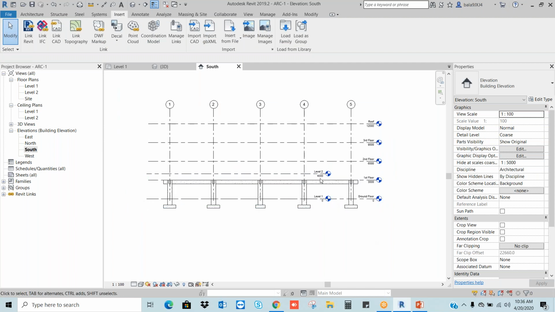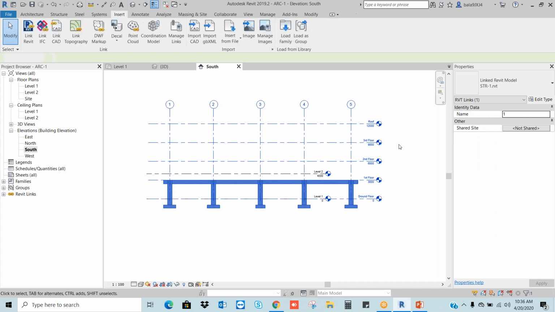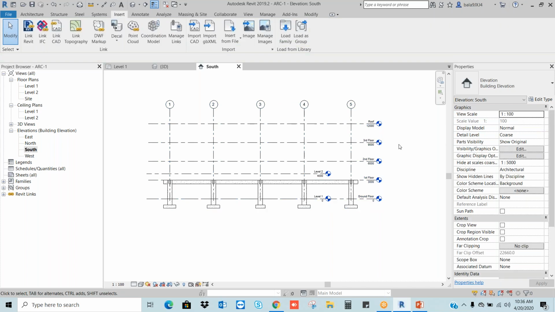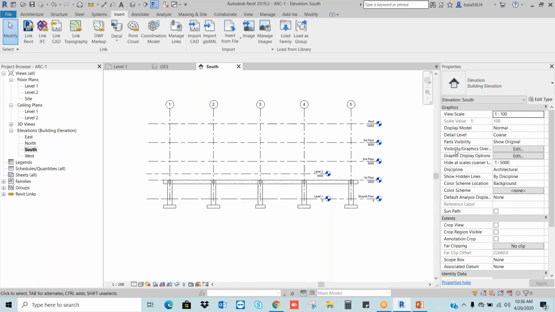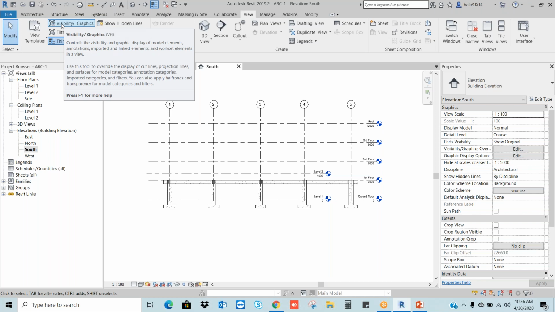If I want to see only architectural things, I want to switch off this structural link. To switch off and switch on these links, we have the command called visibility graphics. Can you see in the properties, visibility graphics override. Or in the view, here visibility graphics override. Shortcut is VG.